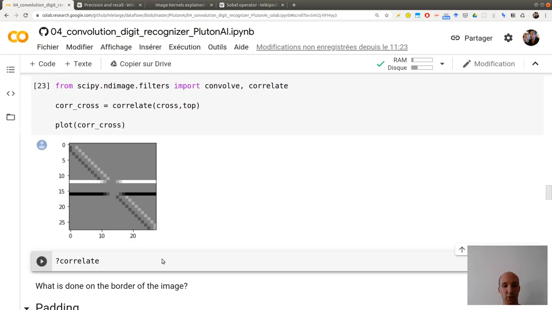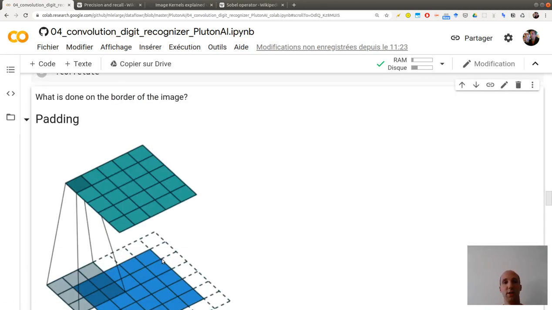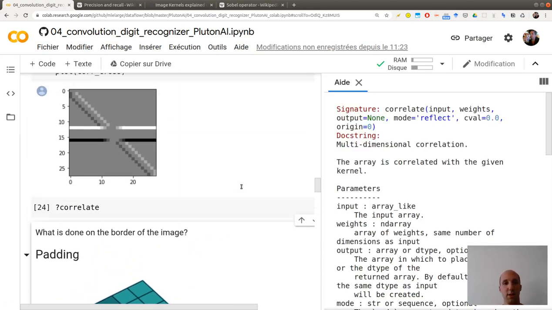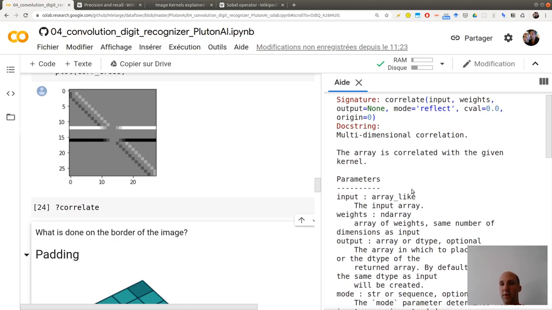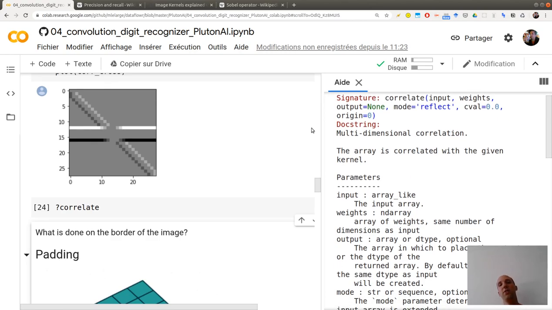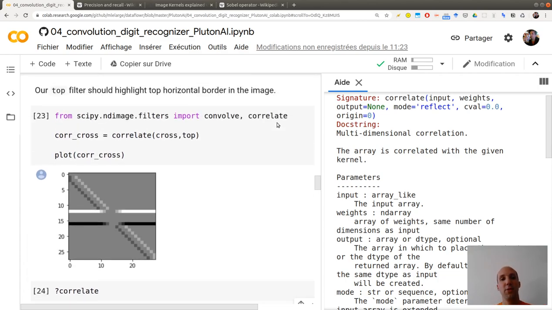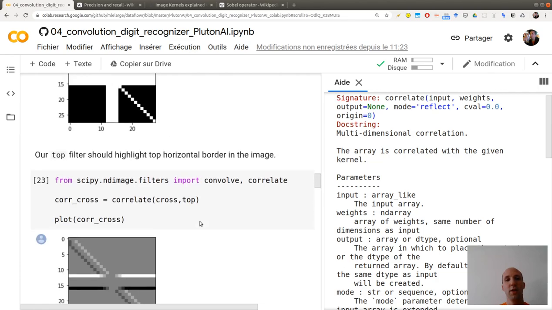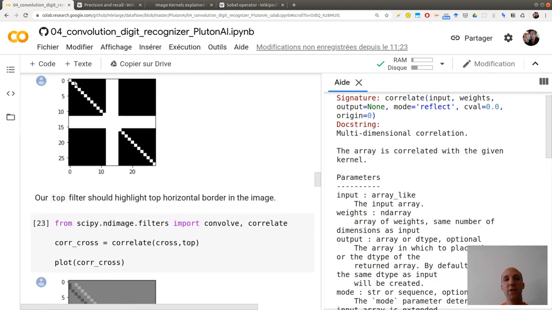Okay? So if you want to know what correlate is doing, you can ask for the help here. So there is one thing that I did not specify: you see that I'm obtaining a 28 by 28 image here, but how do I apply the filter when I'm at the border of this image?